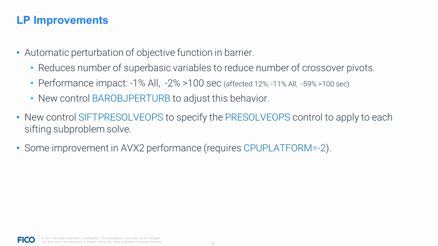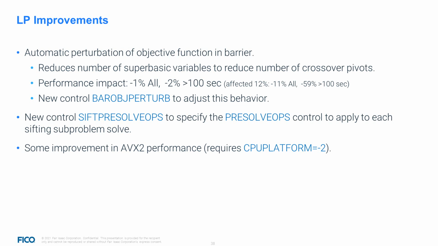So this new option can be adjusted by means of a dedicated control that we have introduced. Moreover, in the sifting algorithm, we have introduced a new control that allows you to specify the behavior of the pre-solver on all those sifting subproblems that are iteratively solved by the algorithm. And finally, there has been a little rework around our AVX2-specific code, precisely around the vectorization handling for AVX2